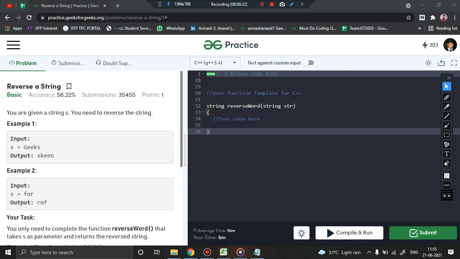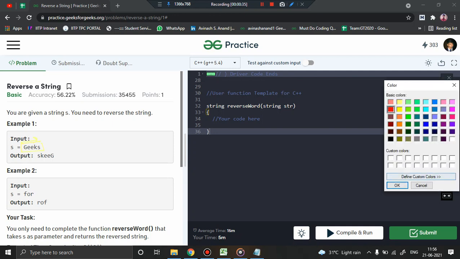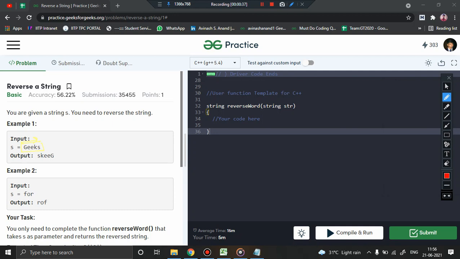I hope we are all familiar with the word reversal. Reversal means nothing but just changing the way we are reading the string. For example, if this string is geeks, if you read from left to right, now when you reverse the string, that will be nothing but the letters will be arranged from right to left. For example, the word is geeks, and if I reverse it, then the rightmost element will come first, right? S-K-E-E-G. So reading from right to left and just write the letters. So this is nothing but the reversed string.